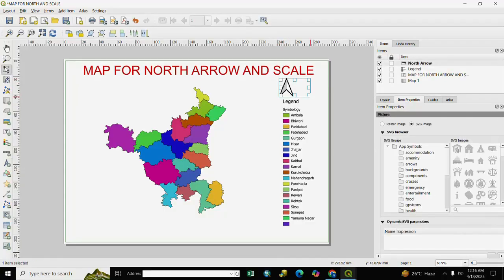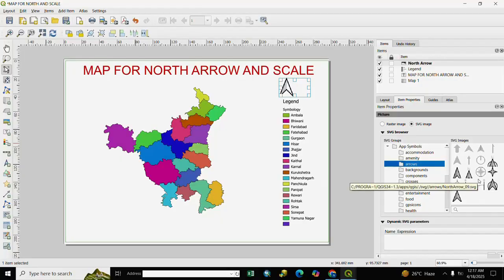We click here. Here is the north arrow, and if you want to change the symbol as per your requirement, you select item property. Here I already selected item property. We select item property and we select SVG image, and we select arrow.